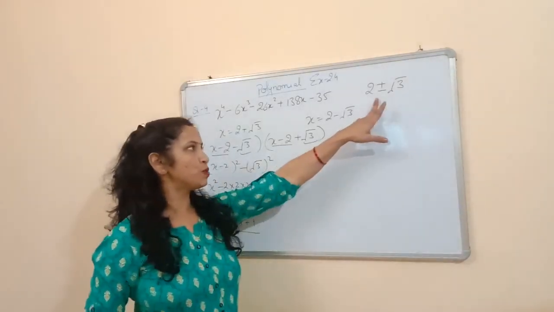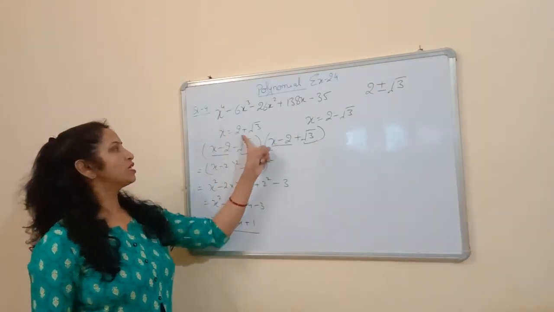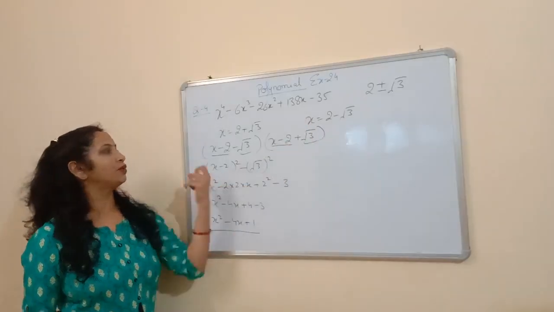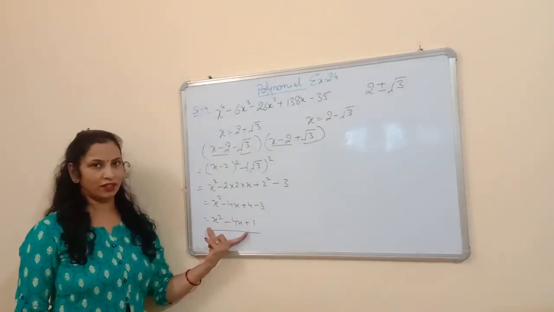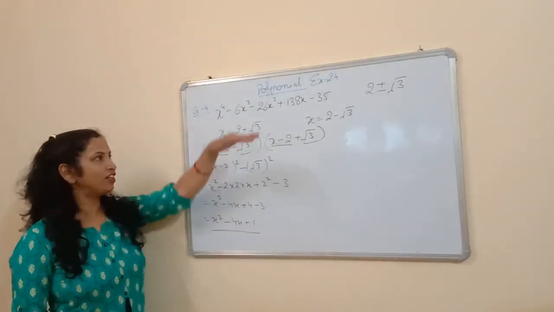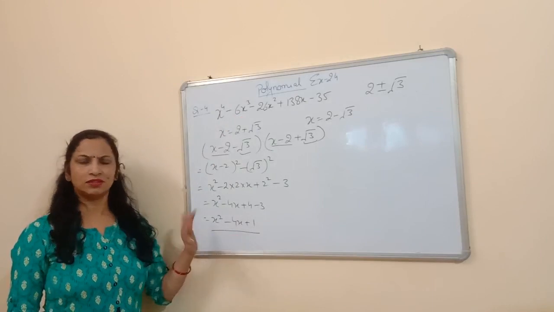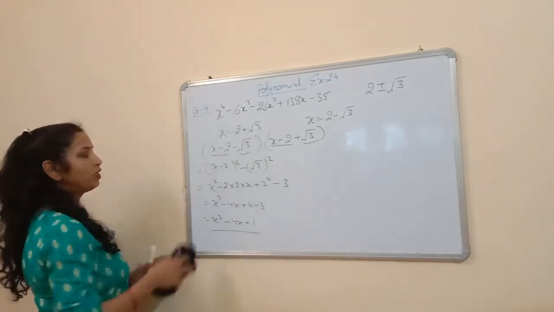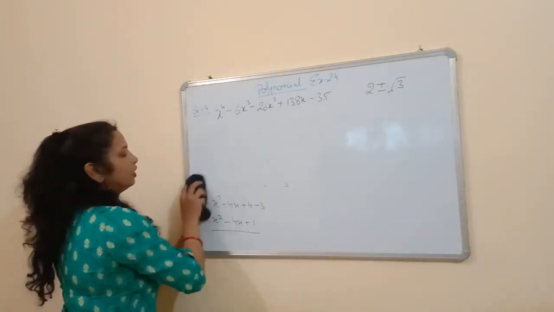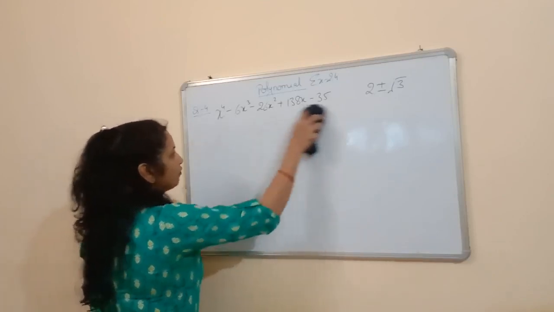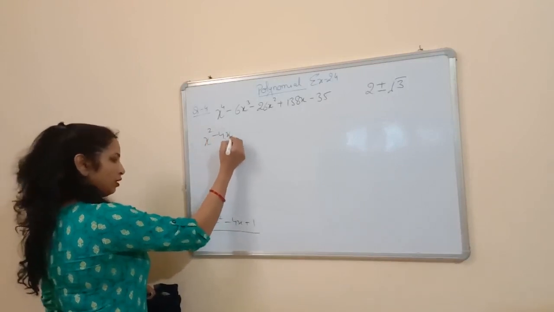By these two zeros, we find out the factor of the polynomial. Again, we know the two zeros, this one and this one, and we find out the factors of the polynomial. By multiplying these factors, we find out one factor of this polynomial. And we know that if we divide this polynomial by this factor, we will get remainder 0 and some quotient. So let's divide this polynomial by this factor. I have to rub the board. If you want to write down from the board, you can pause my video and then write. So this is the factor of this polynomial.